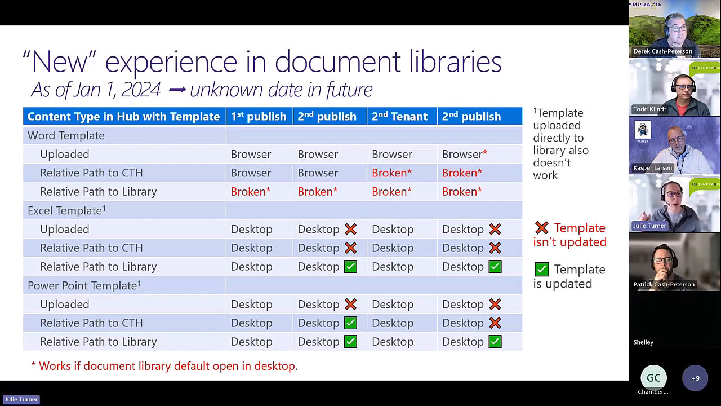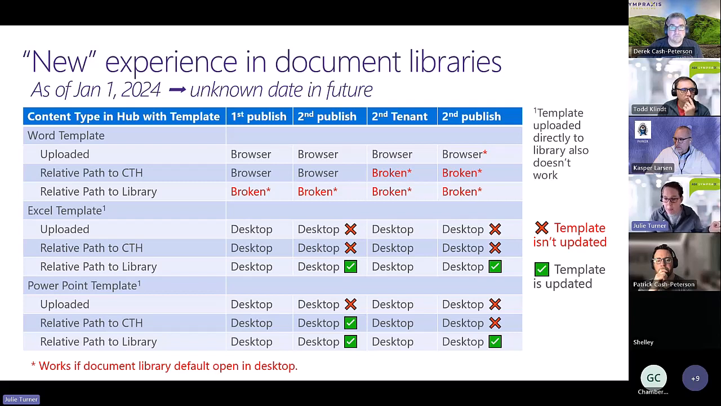So when you upload the Word document and you go to the new experience and say new one of those content types that's associated with that template, it opens up a new browser tab and shows that document template as a new document in Word in the browser. So it does that when you first publish it, and if you change the template and re-upload the new